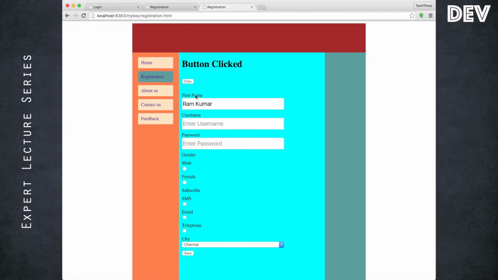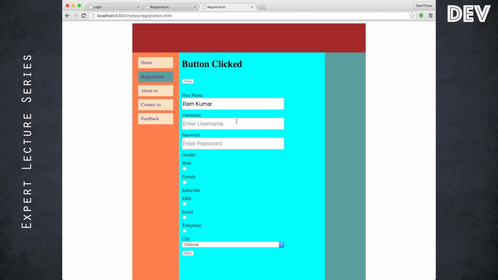So I can manipulate the DOM. I can set the value through JavaScript, get and set the value. I can in fact get it, set it, modify it, append it, or even hide it or add a new DOM element. I can do a lot of things using JavaScript, but JavaScript takes control only in certain ways.